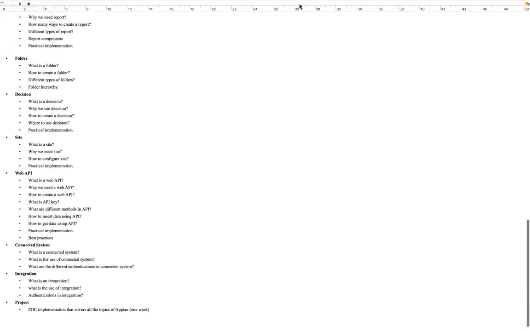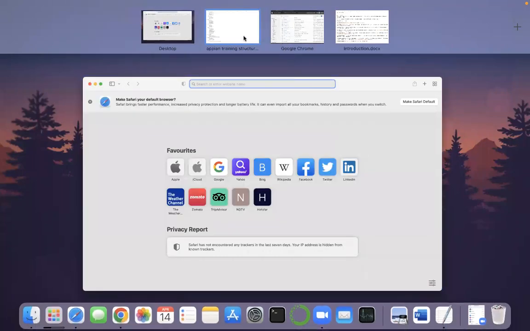We are also going to deal with two projects: one basic project and one real-time project in this application. We provide the case study for that project while you are in the course. Once we start working on the objects, we will start the POC as well, in parallel. Once you learn a certain concept, you implement it in the project itself, so it will be easy to understand what actually happened and why you are learning a particular object.